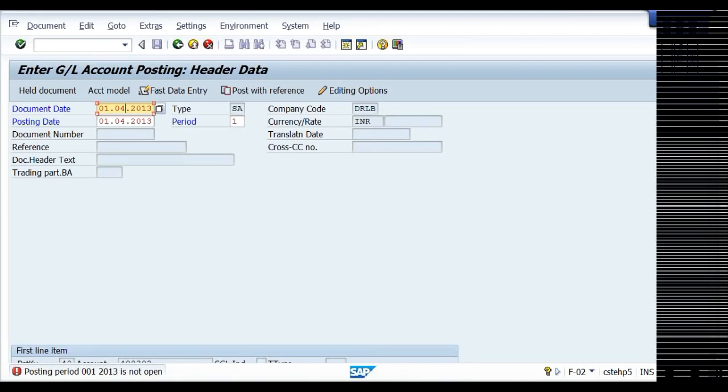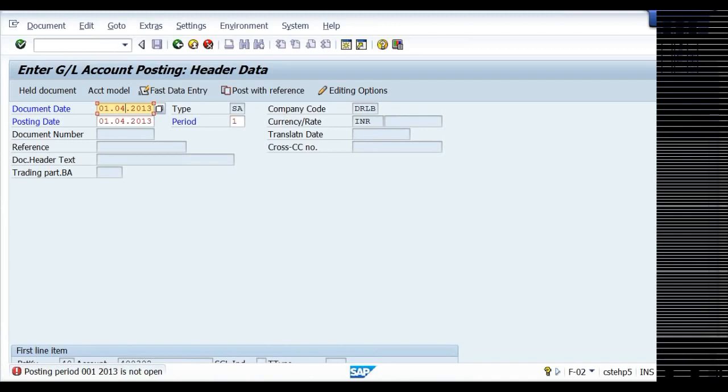Only 2 periods will be kept open, and to open that we go to MMPV and change the date. But this is the accounting posting period. That is for inventory value. MMPV is purely inventory. So that is the MM consultants' T code. OB52 is the financial accountants' T code.